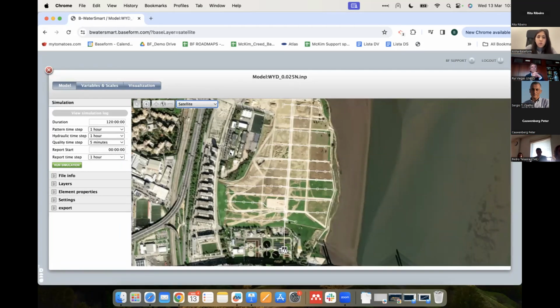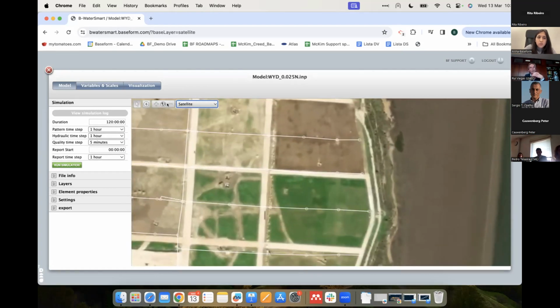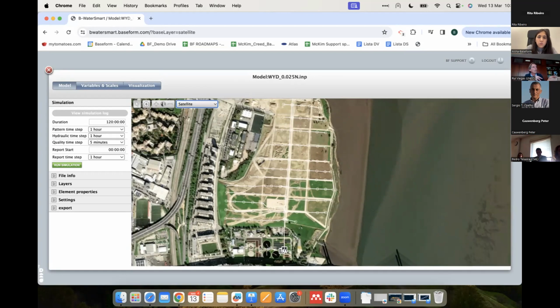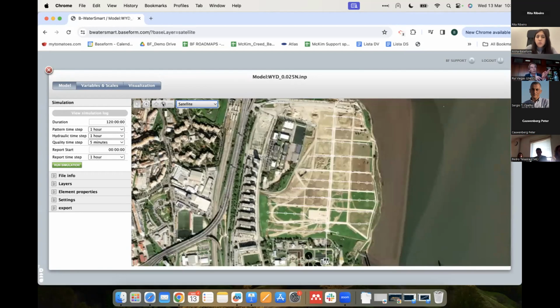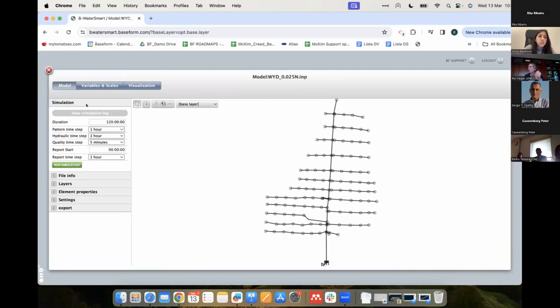So if you want to zoom in, just click on the plus. If you want to zoom out, just click here. If you want to see a full version, click on the globe, okay? Now, on the left-hand side, you have simulation